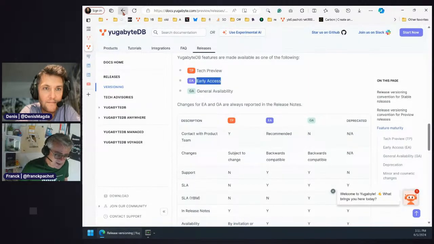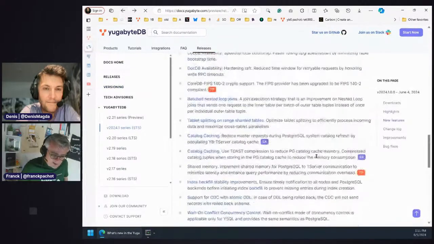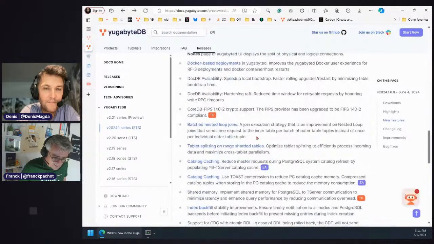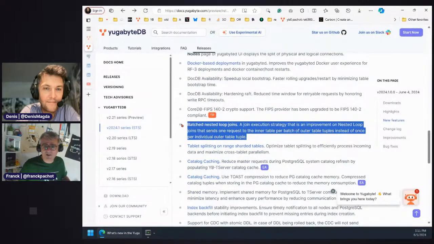But basically, there are many things that are coming, and one is batched nested loop. This is an amazing improvement for execution plans, because nested loops can be slow if they are not batched. And now we have a join method that can really scale even when there is latency between nodes.